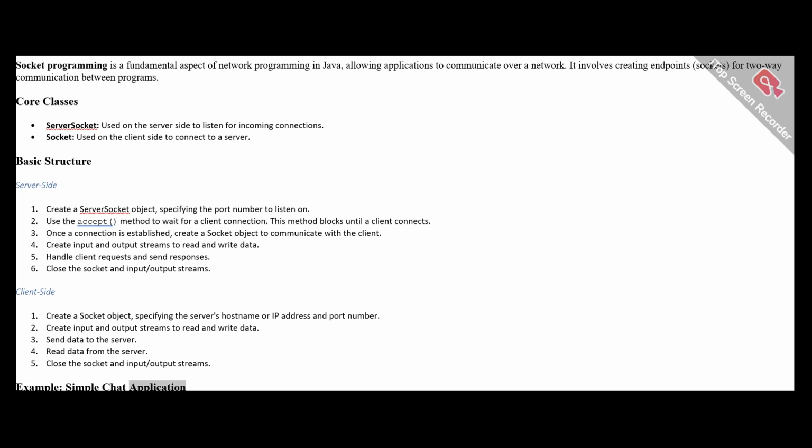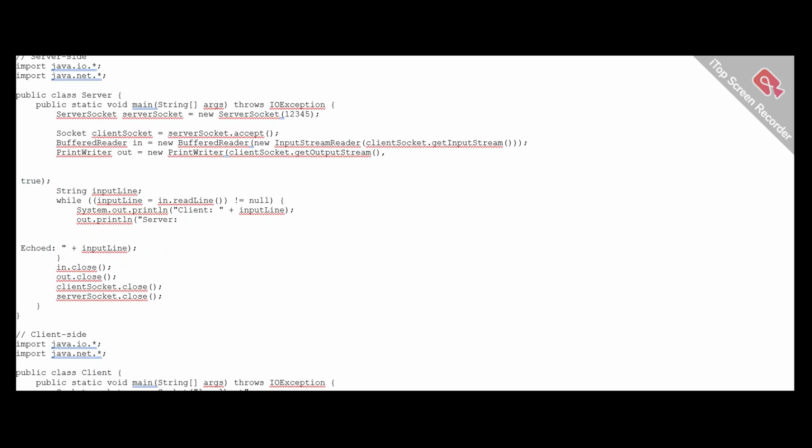Example: simple chat application in Java. // Server side. import java.io.*; import java.net.*; public class Server { public static void main(String[] args) throws IOException { ServerSocket serverSocket = new ServerSocket(12345); Socket clientSocket = serverSocket.accept();